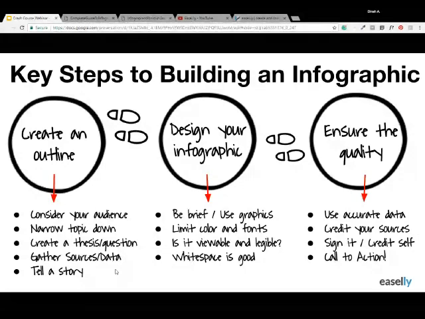You're also going to want to credit your sources, and you can do that throughout all of your facts within the infographic, or you can do it at the very end. It really just depends on your design and what makes sense. Lastly, make sure that you sign it and give yourself credit for creating the infographic. Put your website, put your information on there. And so this is an opportunity for people to engage with you and more of your resources. And that kind of comes to making sure that your call to action is there, which we talked a lot